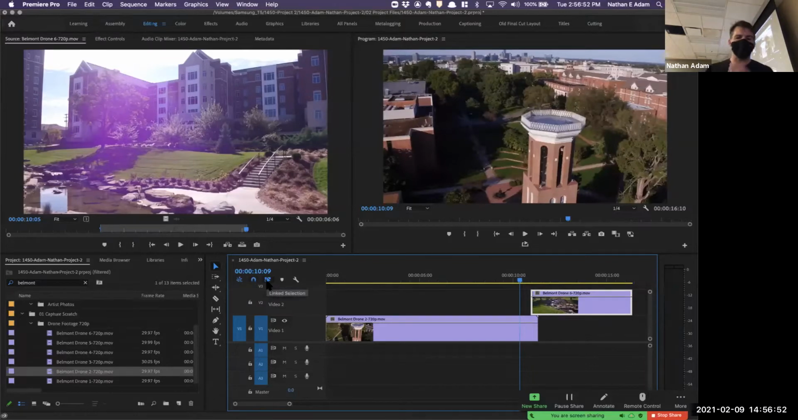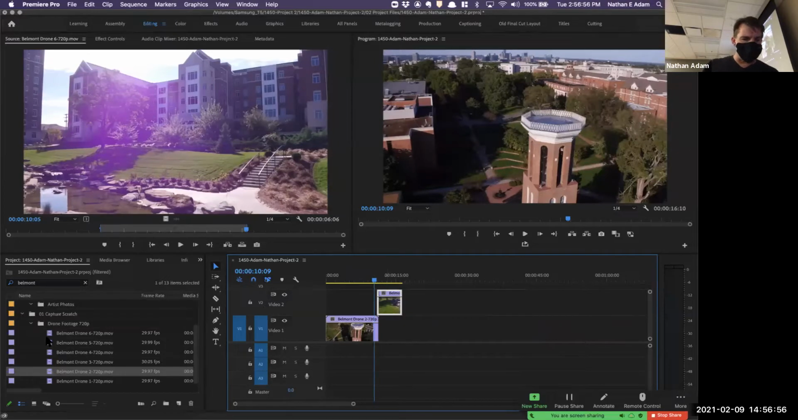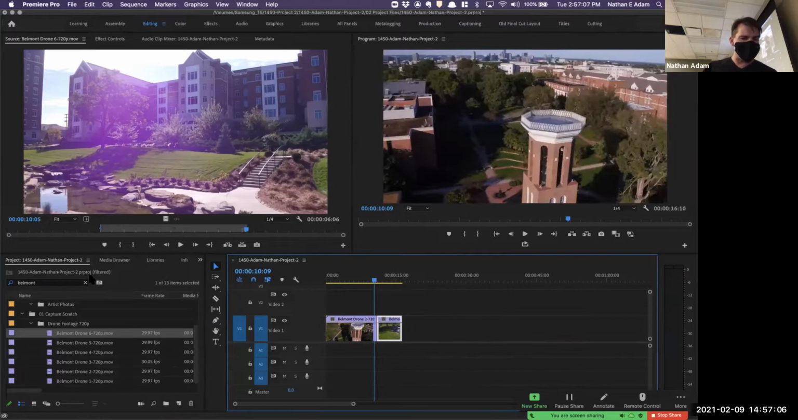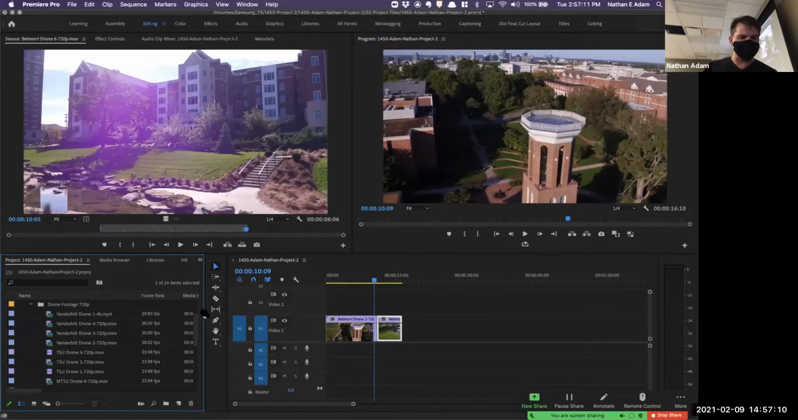And then finally we have what is called linked selection. Now these drone clips, if I look at them, they have only a video icon. Do you see any audio icon with them? No, so they didn't have any audio with them. If I looked for some that did, cancel out this Belmont and put in this Vanderbilt clip, when I go to drag it in,